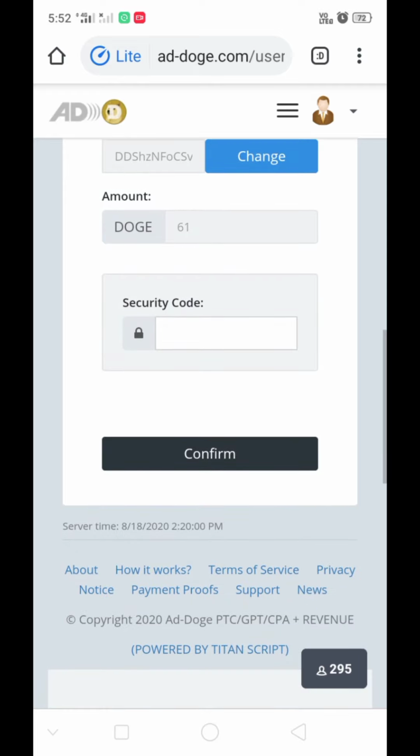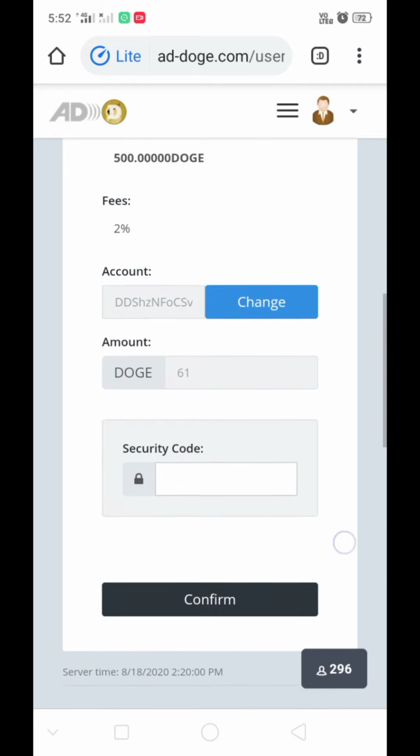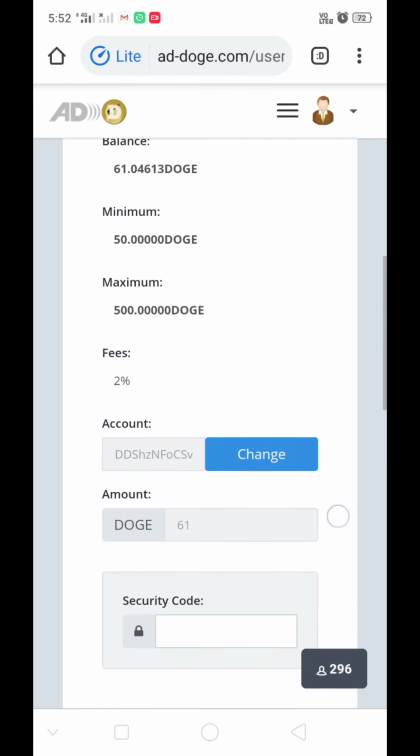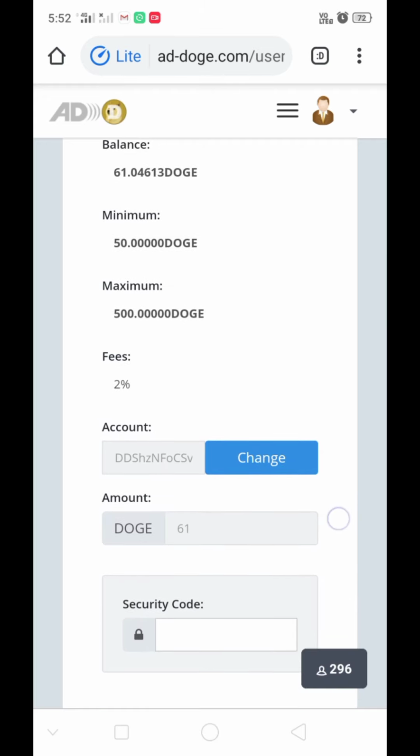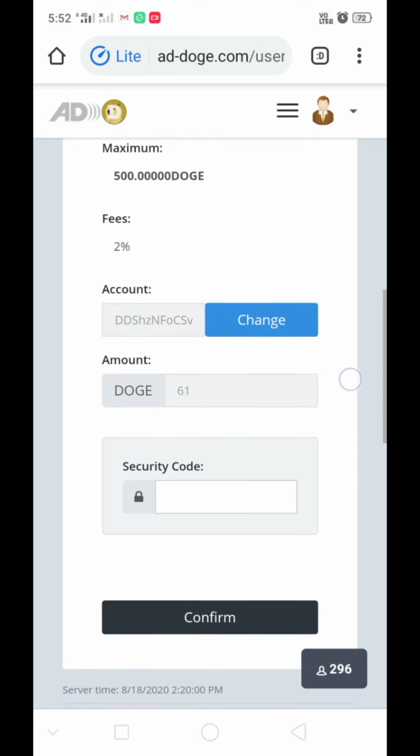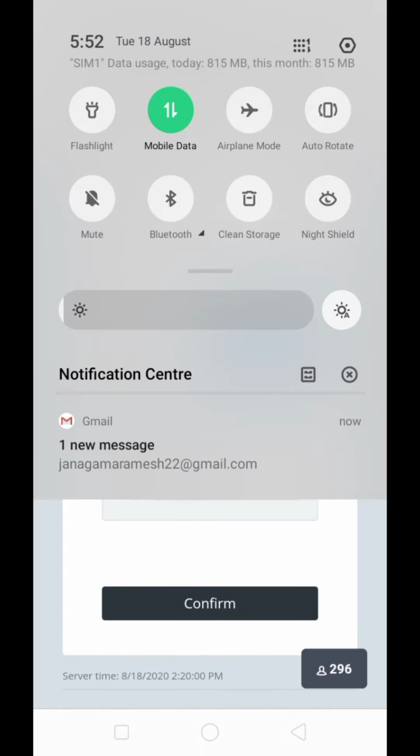Now you will receive a security code in your email. Just check your email, copy the security code, paste it here and confirm. Go to mail.